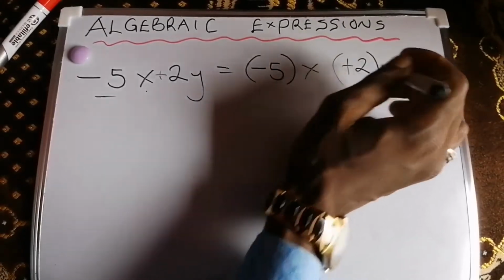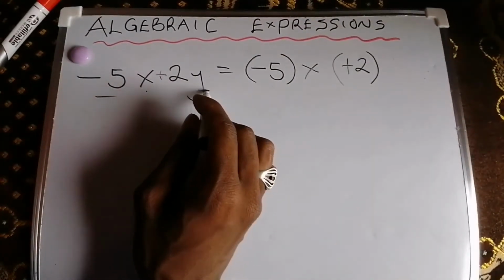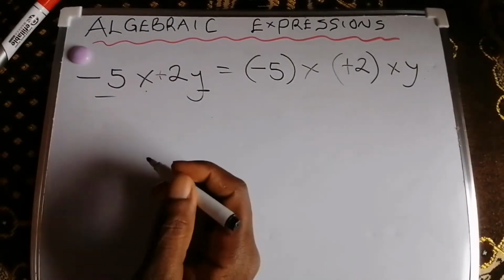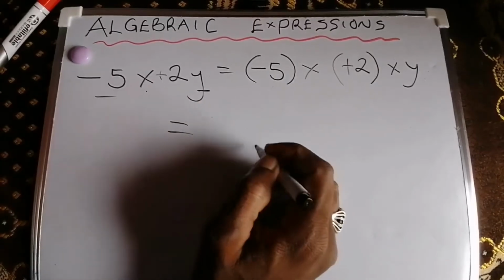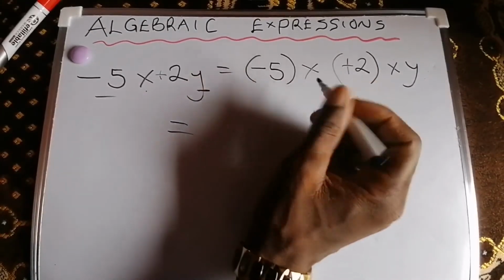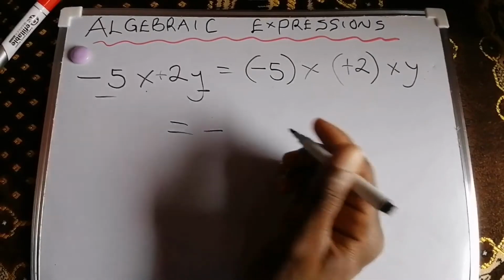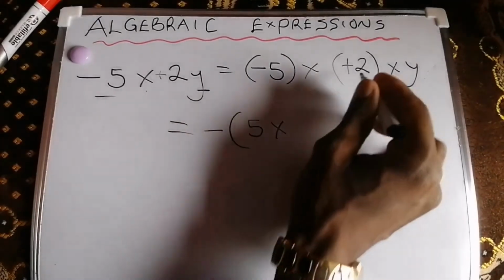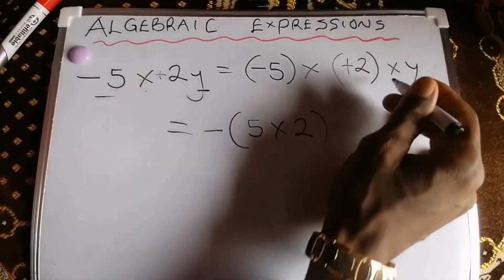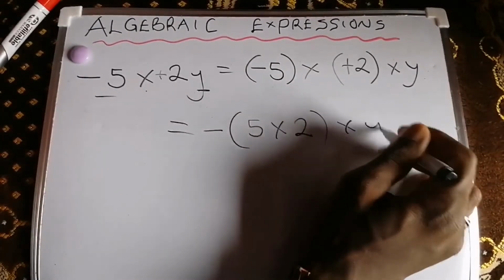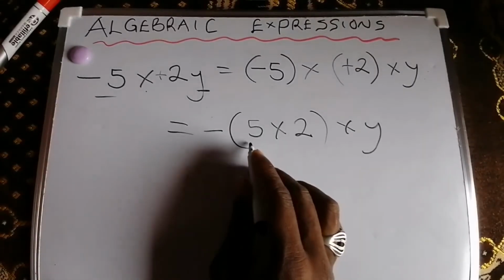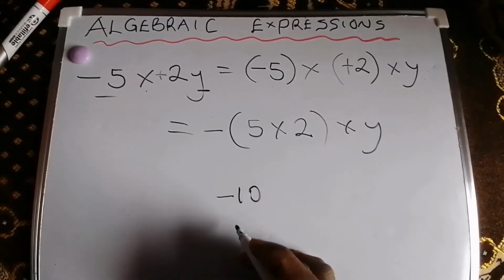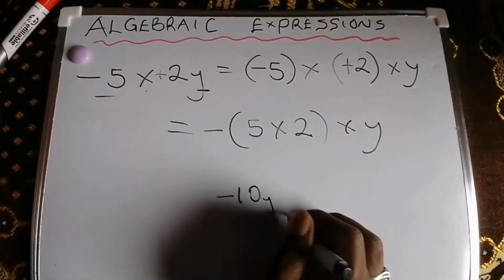Plus 2, close our bracket, then remaining y, so times y, so therefore we say equals to minus times plus, so we have minus, we open our bracket, 5 times 2, we close bracket, then times our y, so minus 5 times 2 equals to minus 10, we have minus 10, then times y, minus 10y, that is